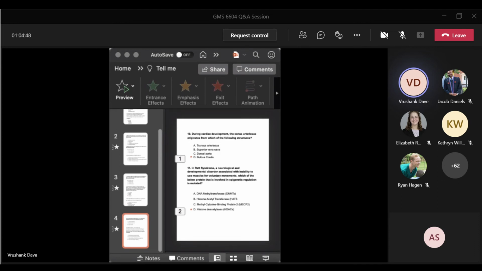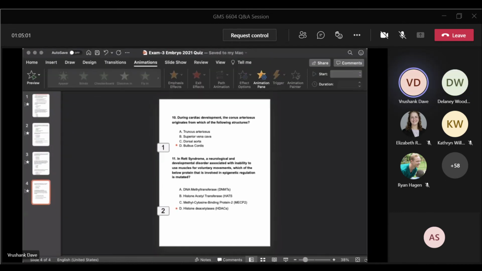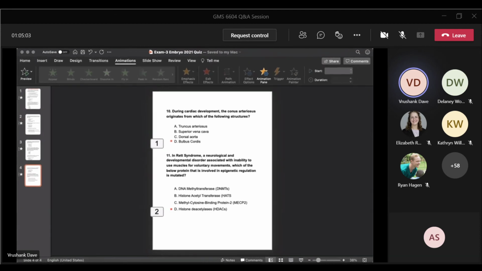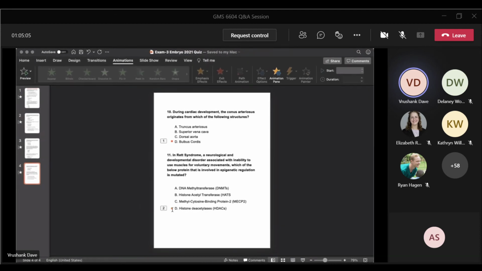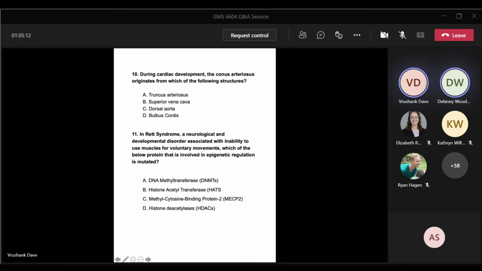Actually, on the questions, for number 11, I was going to ask about D. Question 11. Yes. Oh, gee, no, that's wrong. D has been highlighted is what you're saying. Oh, no, I actually was curious why it wouldn't be D anyways. I wasn't sure if that was the protein you guys were talking about, or...